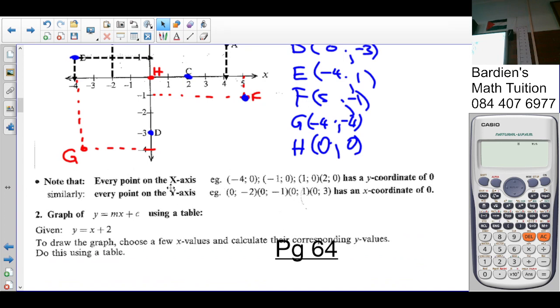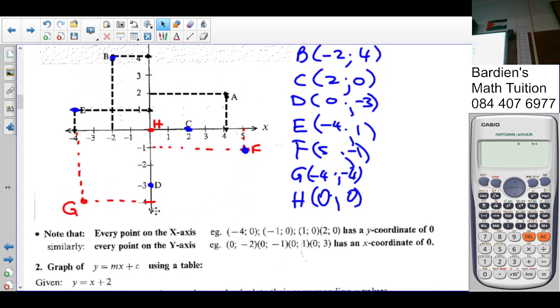that every point on the x-axis, for example (-4, 0), (-1, 0), (1, 0) and (2, 0), has a y-coordinate of 0. Similarly,